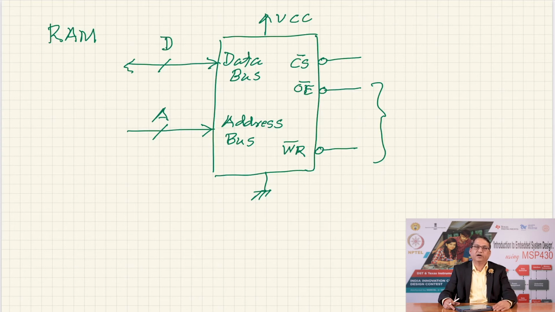And it will actually lead to a condition called bus contention, because you might provide external data, and since you have enabled the output enable signal, the RAM would provide internal data and there might be a conflict of logic levels. And so these two should never be enabled at the same time. But the chip select has to be enabled together with either the output enable signal or the write bar signal. And where do these signals come from? These signals come from the control bus of the microprocessor or the microcontroller to which they are connected.